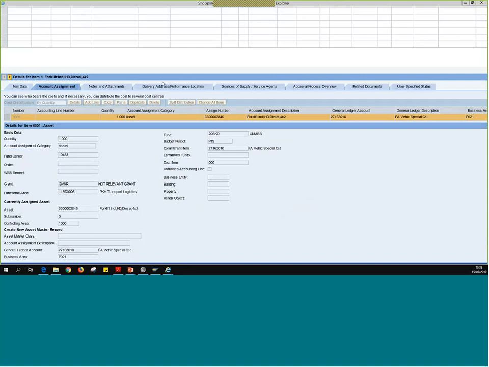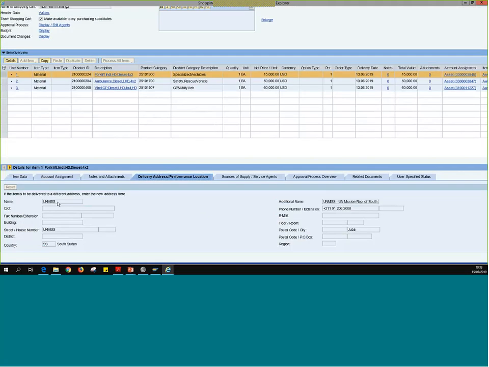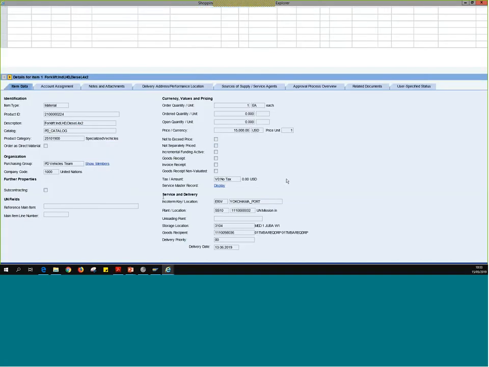Okay, here we go. And let's see the delivery address. Okay, for this tab here, delivery address, we see that we have unmiss as we selected before. So all this has been added directly from what we did before in setting the values. All right, so basically what we have to focus on here would be the item data, and this section here